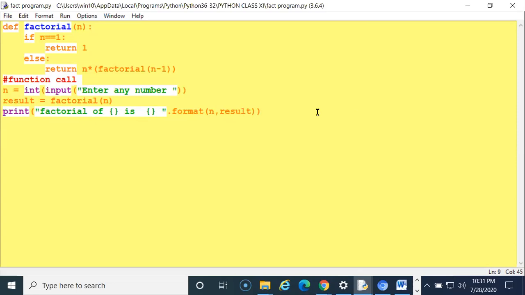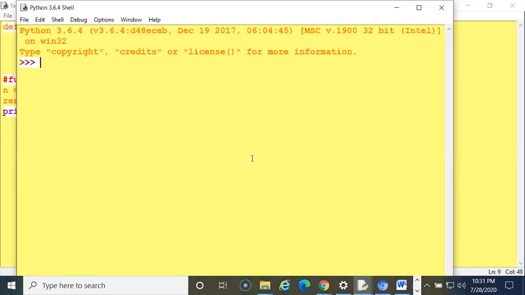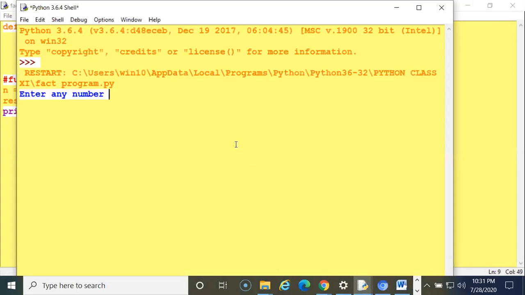What is factorial? If you are inputting a 5, each and every term will be multiplied by the number and the final result will be displayed. If you are inputting 5, its result will be 120. See, I am running it. I am inputting 5.